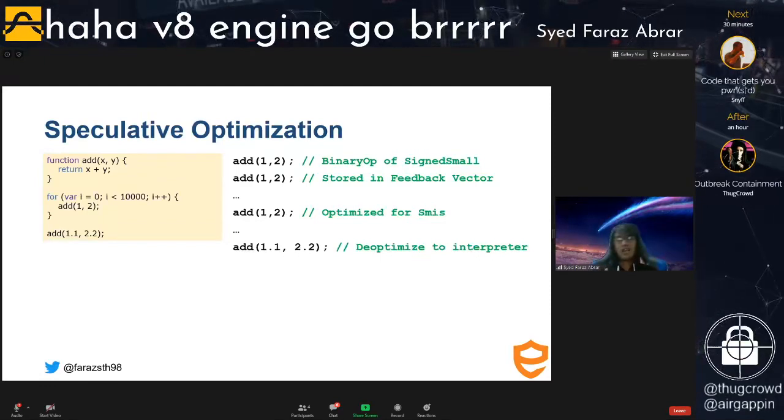So they just signed small integers, in our case 1 and 2, or just small integers that are signed. It's going to store this information within that inline cache. And over time, when it gets called multiple times, it becomes hot. The function is going to get optimized by TurboFan, and it's going to be optimized specifically for small integers. If at a later point we call it with, say, floats, it's going to immediately de-optimize back to the interpreter,